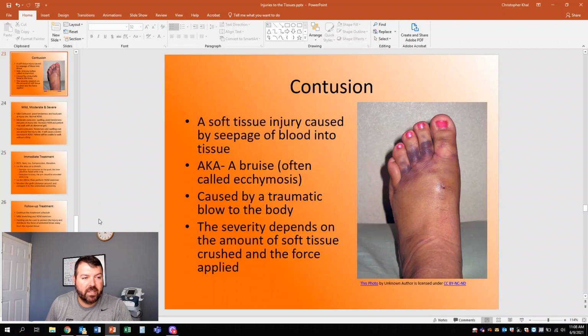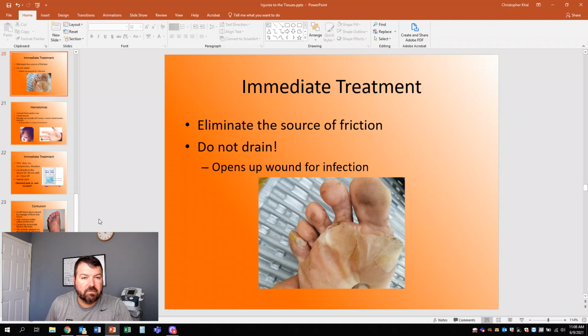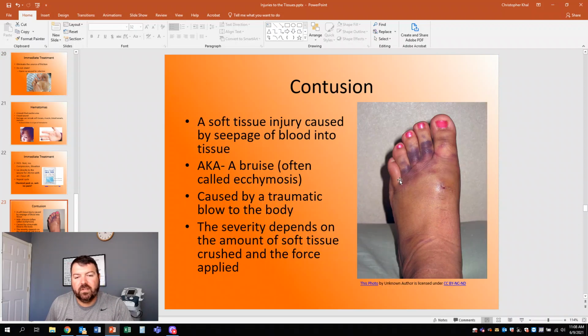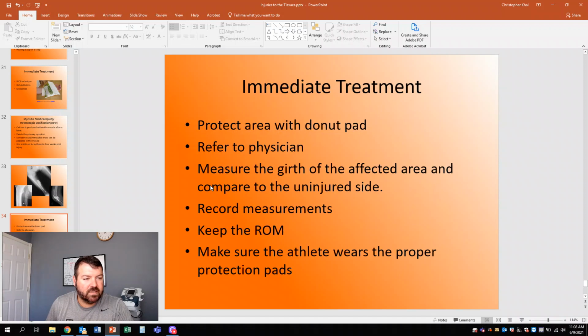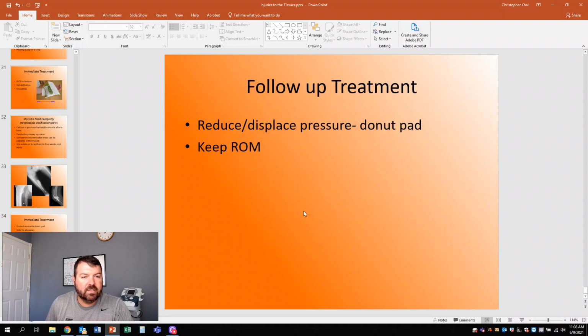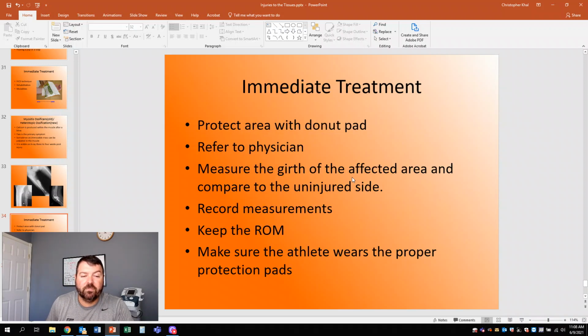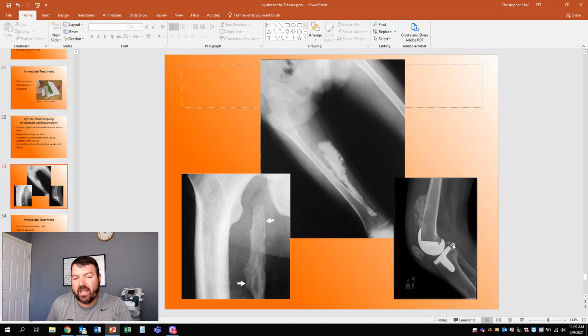So that really bad discoloration, ecchymosis, from that contusion, you just want to get out of there. And the follow-up treatment for that is just to try and prevent it, and try and keep the range of motion. A dispersement pad, which is like a donut, is just another padding that I would put on a quad, for example. But that's what you want to do. Refer them to their physician to make sure that you get rid of this as soon as possible, as early as possible. And that is injuries of tissue.